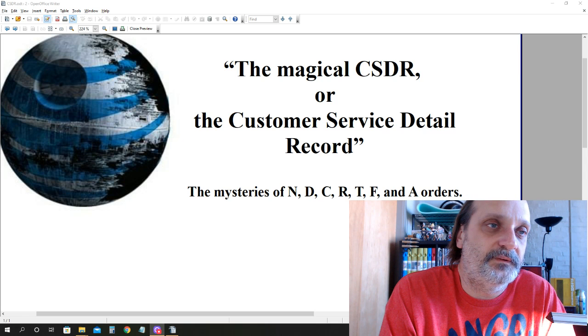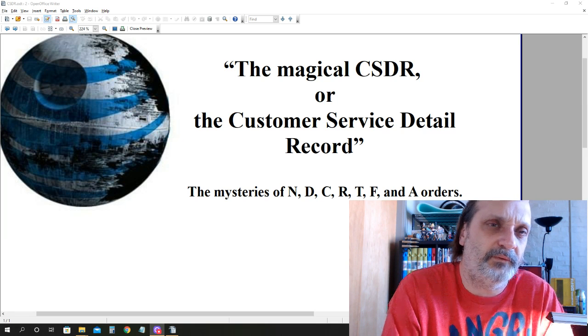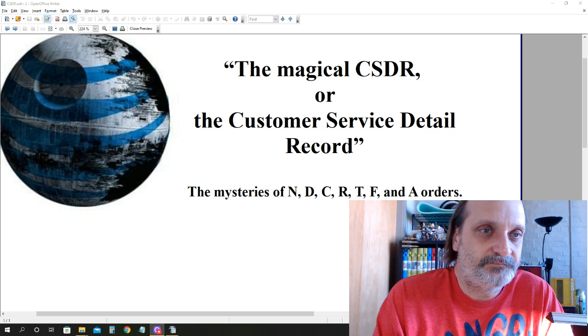If the customer is moving the number from one service to another, it's usually a disconnect and a new order from the other company. But basically, that's how the CSDR is created and maintained. Now,